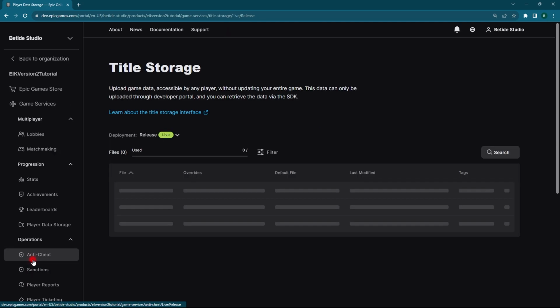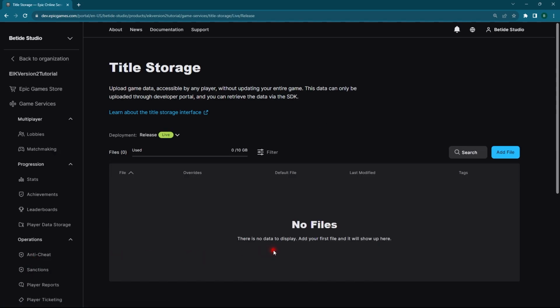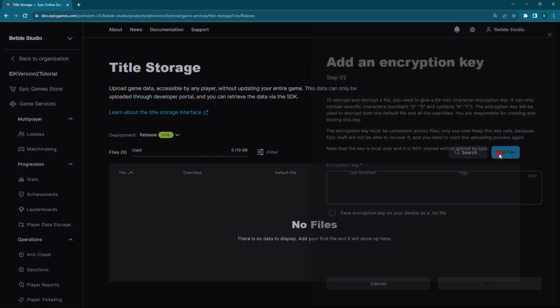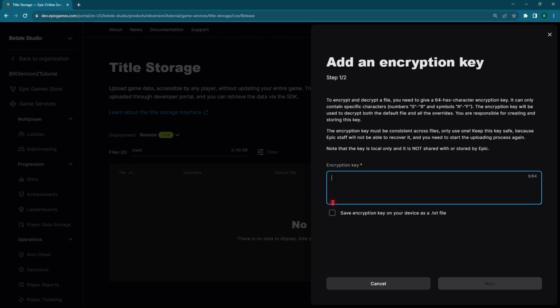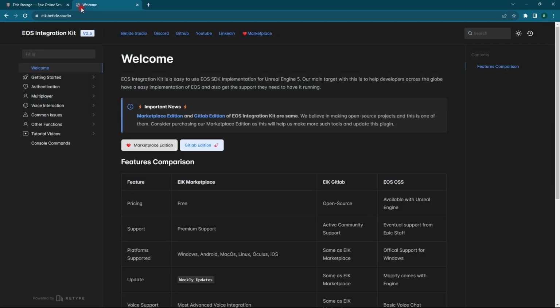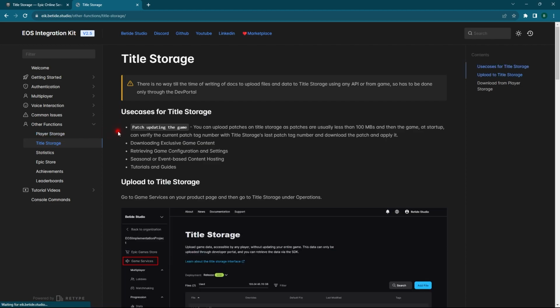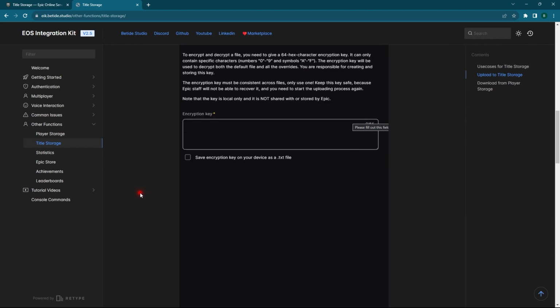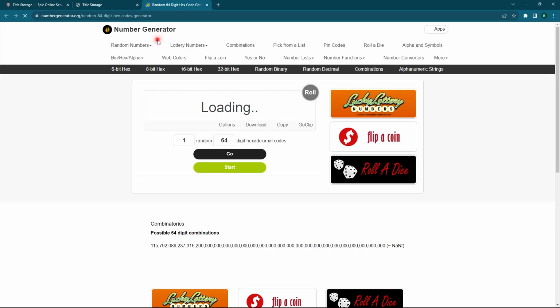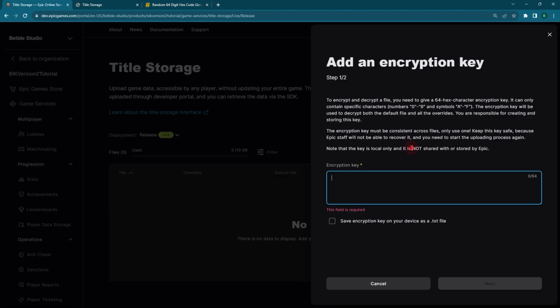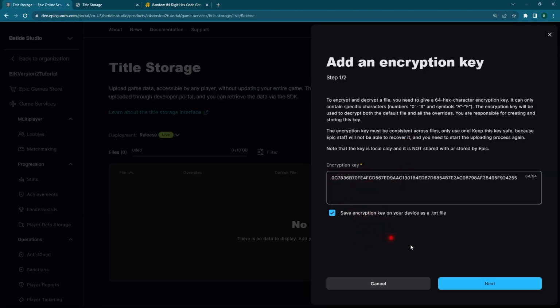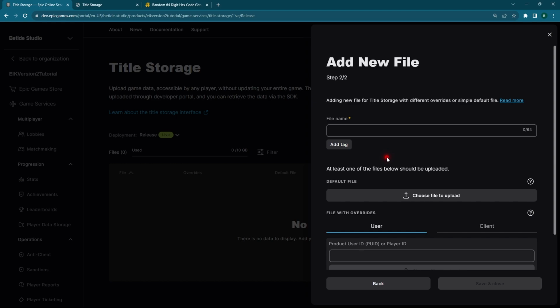So you can go to the title storage and host any file here which you want to be accessible in the game. So press add file, and you need to generate basically an encryption key. Now the best way to know about this is go to eik.betide.studio, other functions and title storage. You can see what the use cases of this are, and you can generate an encryption key, and a website is also given where you can generate this. Copy, and this has to be saved, because if you don't save it, you will not be able to update it after you